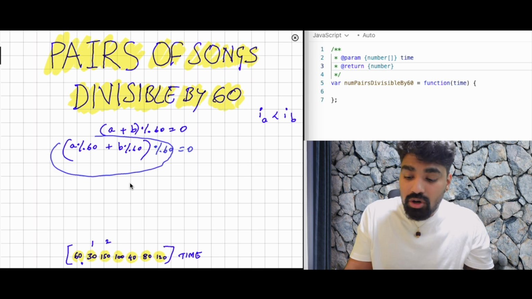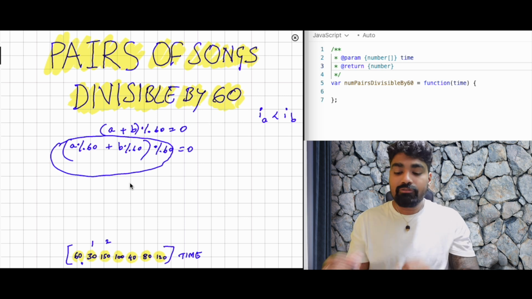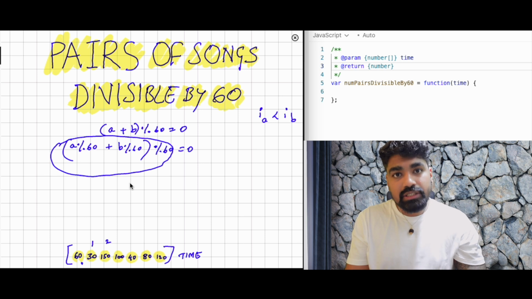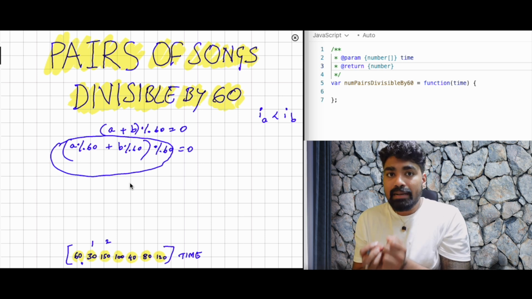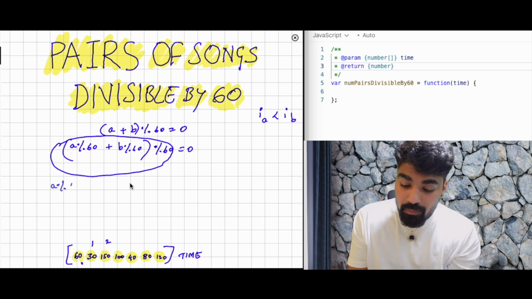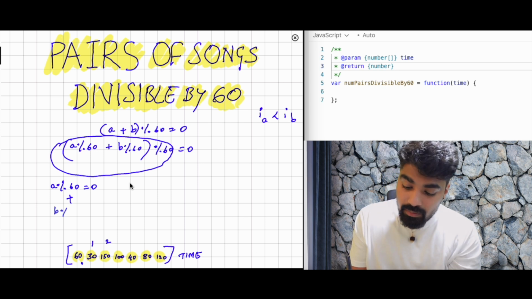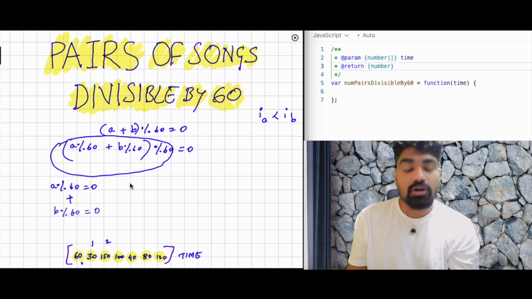This is called the distributive property of the modulo function whenever addition is involved. And this can then be adapted to say that if A mod 60 is 0 and B mod 60 is also 0,